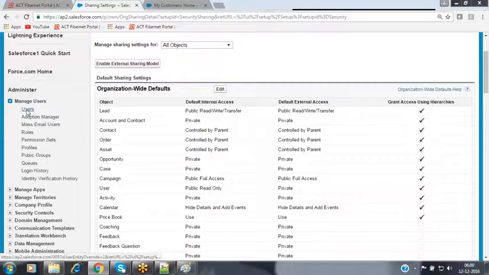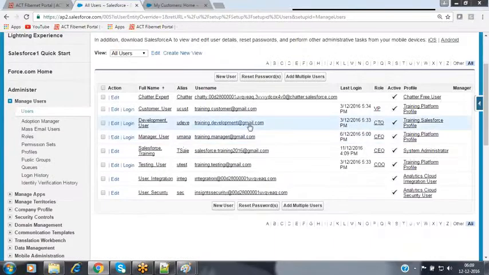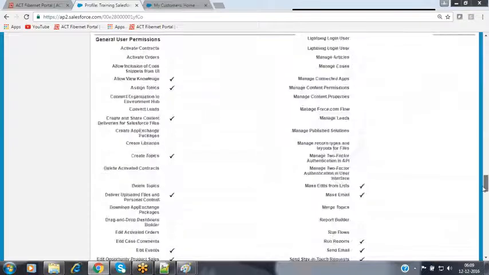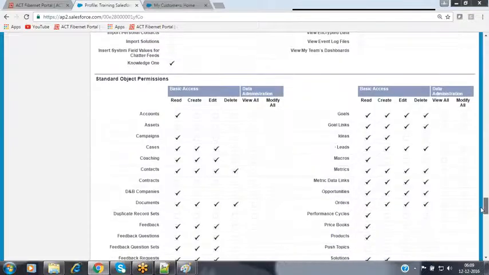Let's go to the development user's profile. What kind of permissions is he having inside the profile right now? The object tab is not having the view all permission.